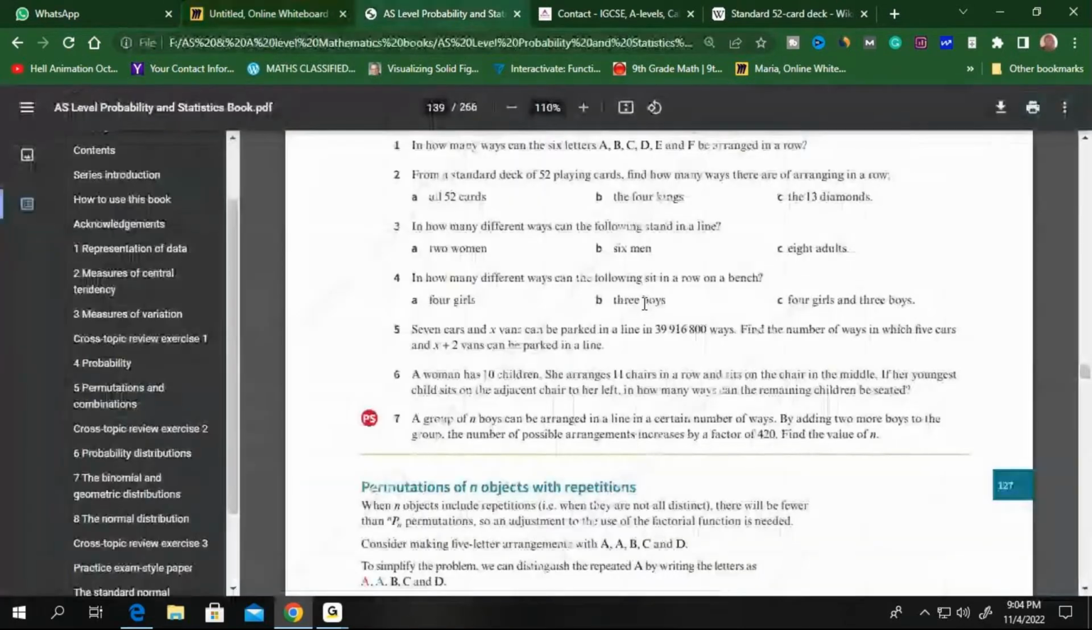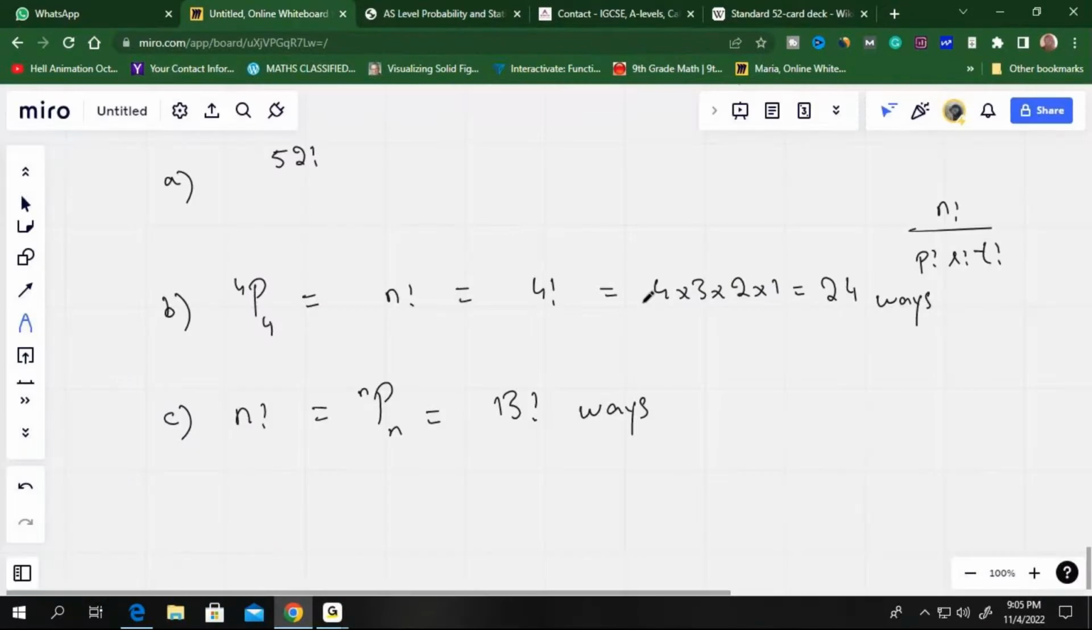And then question 3, what is this? In how many different ways can the following stand in a line? 2 women. Of course, these 2 women are different. You are different, I am different. So we can stand in 2 unique ways. 2 factorial unique ways. 2 factorial is 2 actually, right? So here my n is 2, so number of ways, total number of permutations,